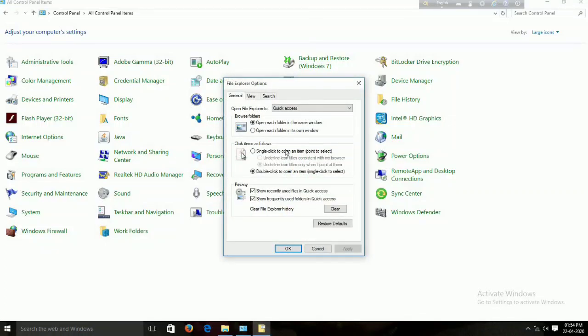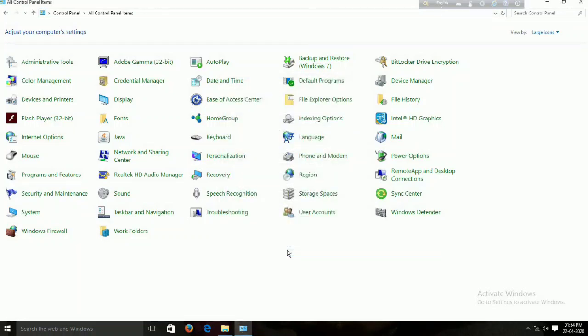Here we can change single click to open or double click to open. When we select single click, only a single click will open our folder. And if we select double click, then a single click will be used for selection, and double click for opening any file or folder.